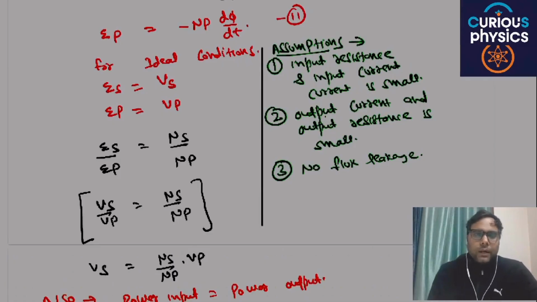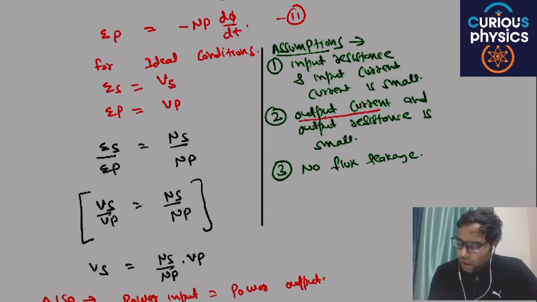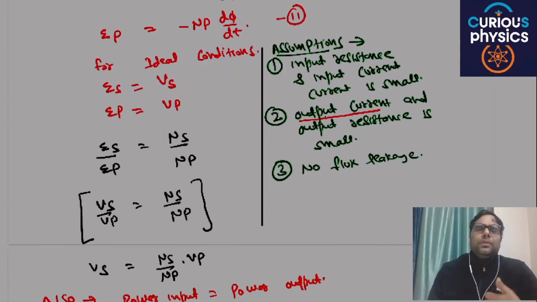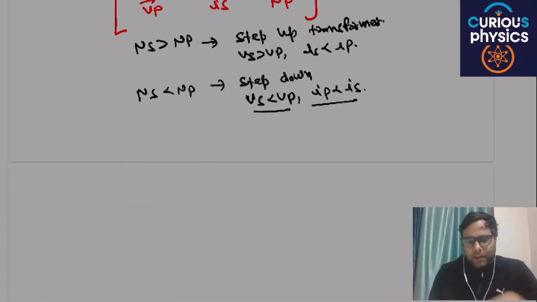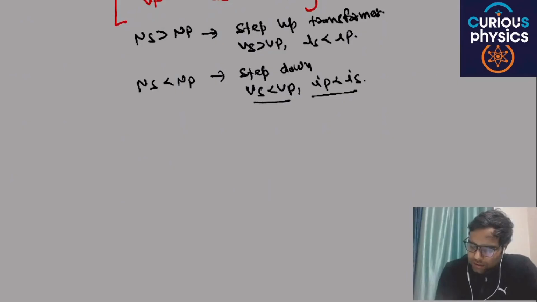Ideal transformer, are you able to understand my point or not? Basically the main thing in output is that output current should be small, output resistance may or may not be small, okay, but these are the ideal conditions. This is basically a device used to change the potential, okay. Next is, what are the